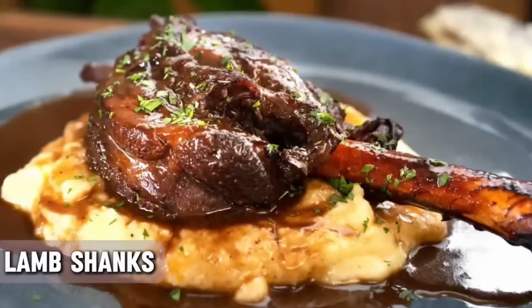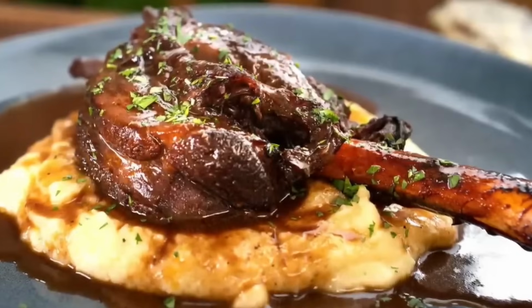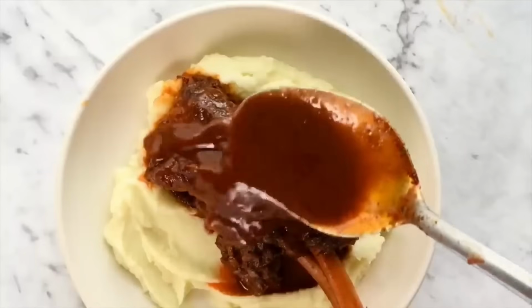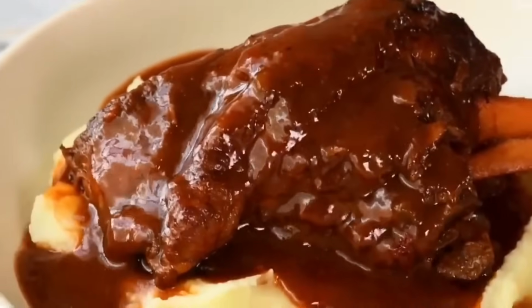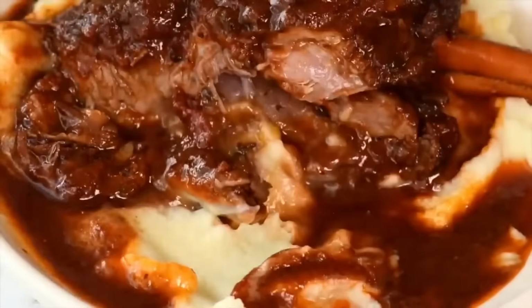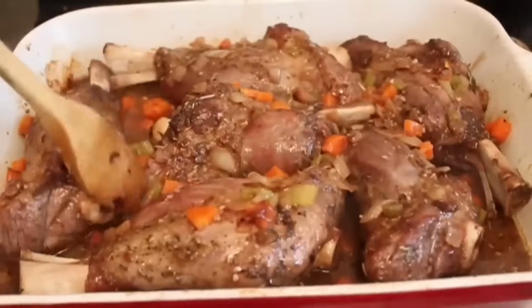Lamb shanks epitomize the rich flavors and tender textures celebrated in Mediterranean and Middle Eastern cuisines. Prized for their gelatin-rich connective tissue, lamb shanks transform through slow cooking into melt-in-your-mouth tenderness. The preparation starts with searing the shanks to a golden brown, locking in flavors through caramelization,